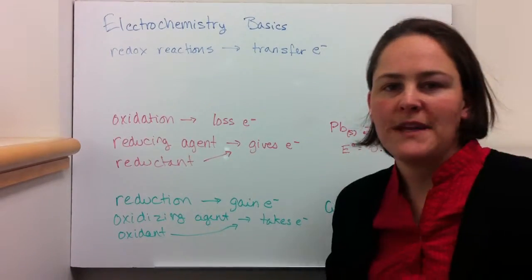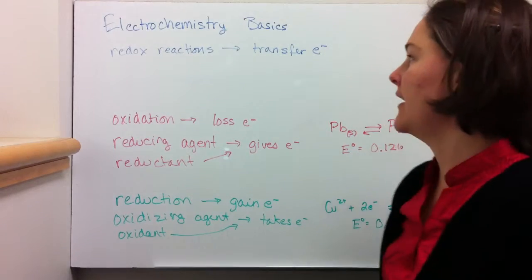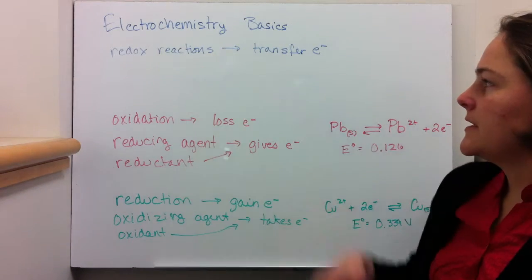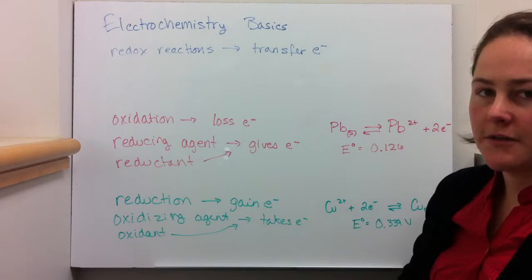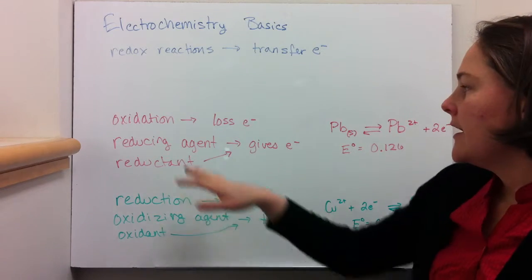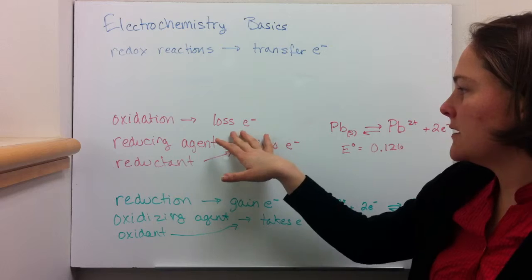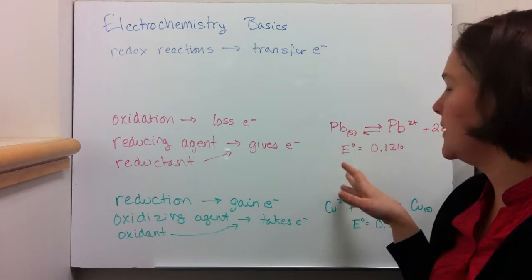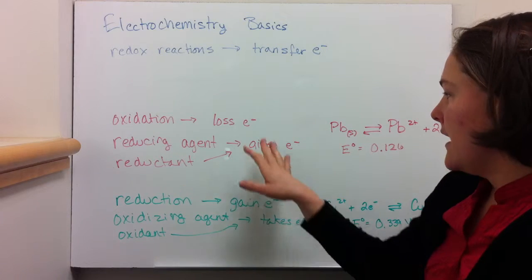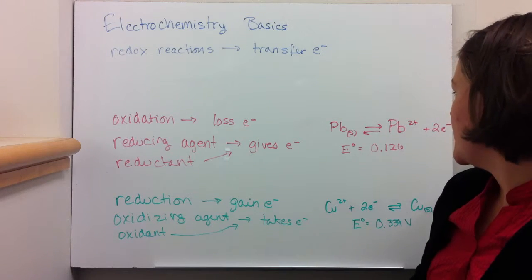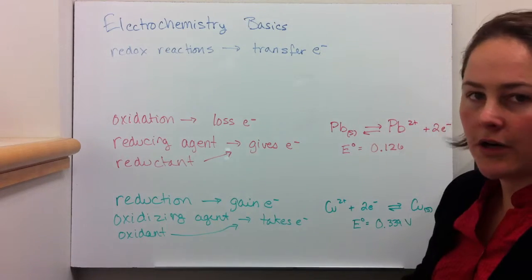Let's talk about some of the basics of electrochemistry. So electrochemistry basically involves redox reactions where you have the transfer of electrons between two different species. If you undergo oxidation, you lose an electron. Here's an example of solid lead dissolving and becoming lead 2+, and losing electrons to solution or to